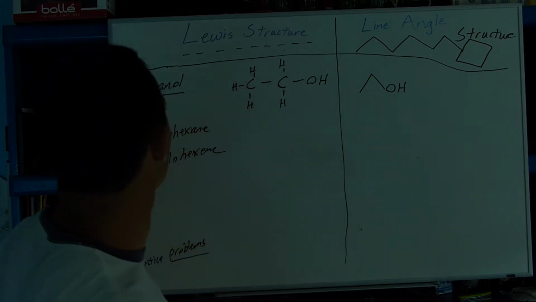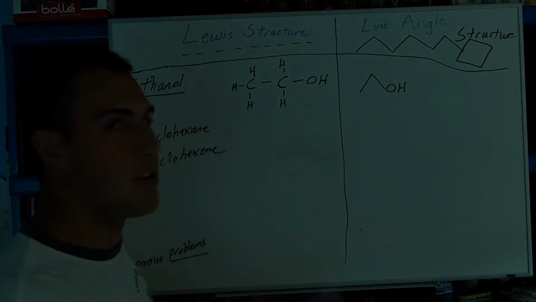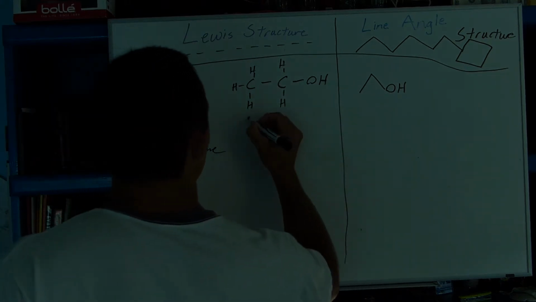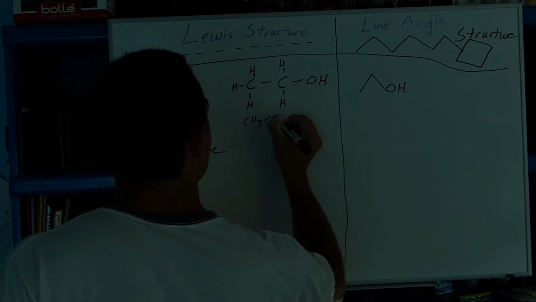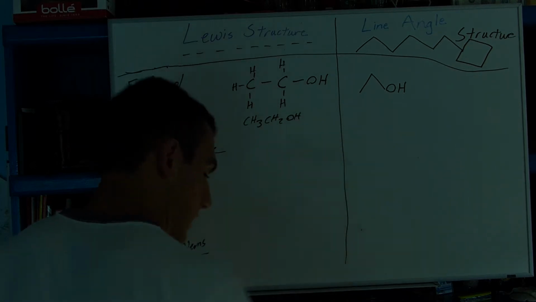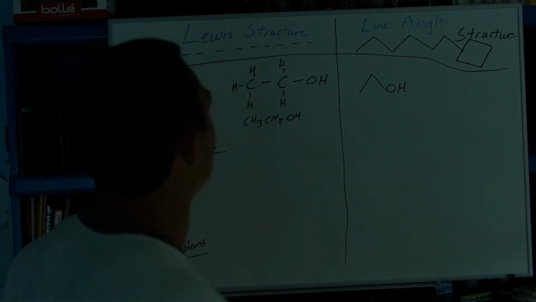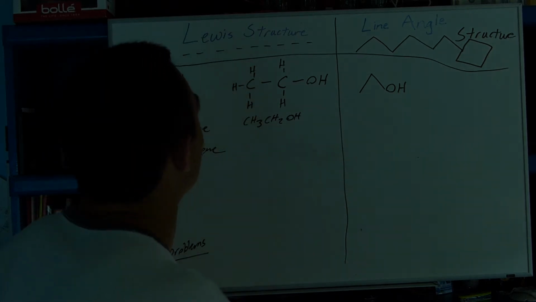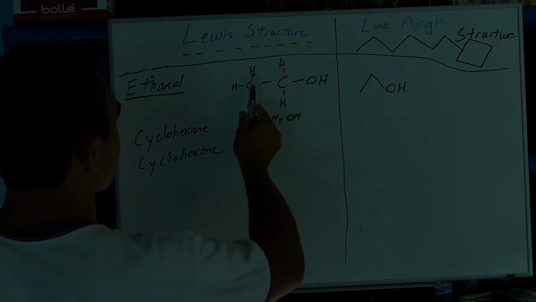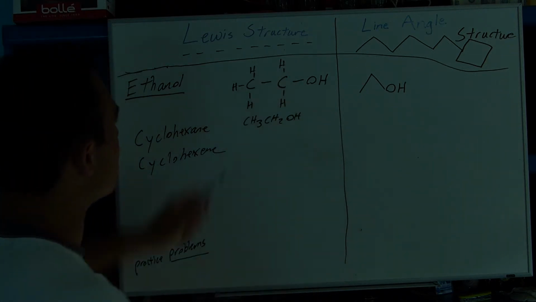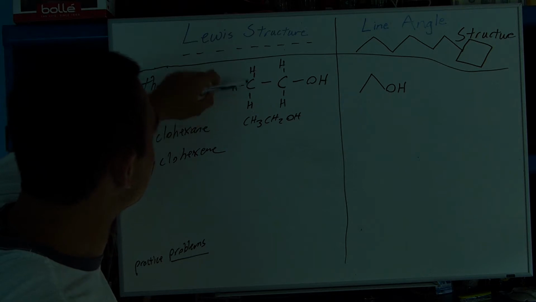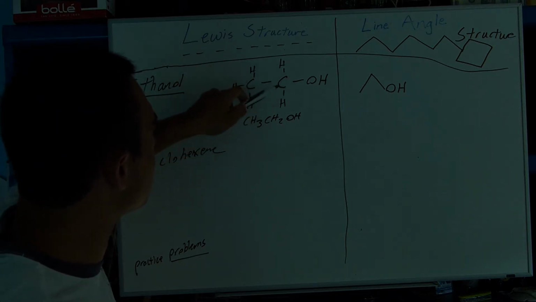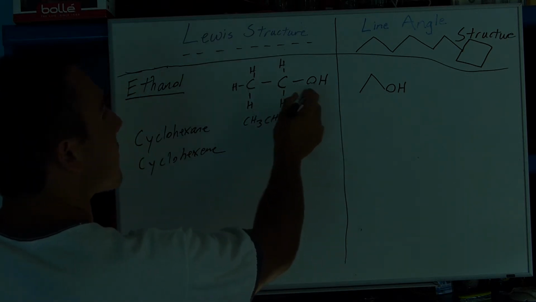So, to start off with, we have ethanol. Ethanol, CH3, CH2, OH. Okay, so here we have it in the Lewis formula. We have a carbon, sp3 hybridization, we have all the bonds. It's a happy carbon, CH3, and then we have all the bonds here, another CH2, then we have our OH